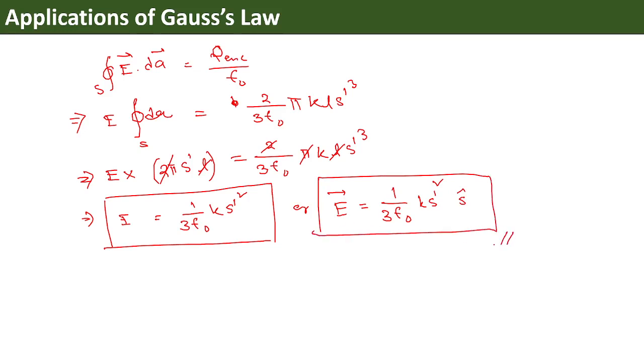Now in this case I have given you a trick: first find the symmetry of the problem, and by looking at the symmetry, go on framing a Gaussian surface. Now it depends. If you are given a charge distribution and you have to find the electric field at a large distance from that charge distribution, then the Gaussian surface will be outside the charge distribution. And if you are asked to find the field somewhere inside the charge distribution, then the Gaussian surface will be inside that charge distribution, but you have to maintain the symmetry. Because if your charge distribution is cylindrically symmetric, you cannot make a spherical Gaussian surface. That doesn't make any sense.